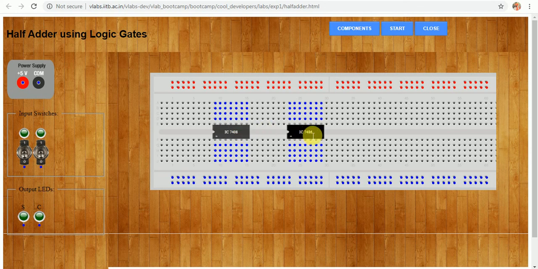In IC 7486 we have 4 XOR gates. Out of 4 AND gates we can use any one AND gate for performing the connections. Similarly, from 7486 we require only one XOR gate to complete the connection.